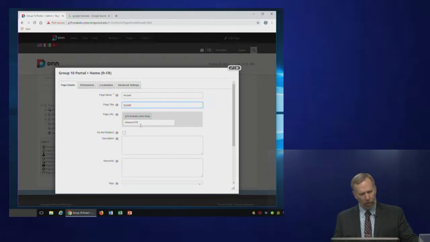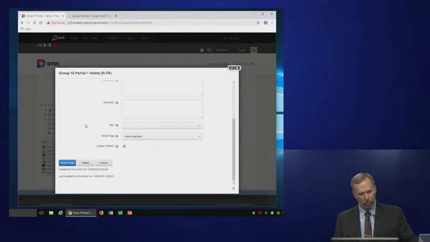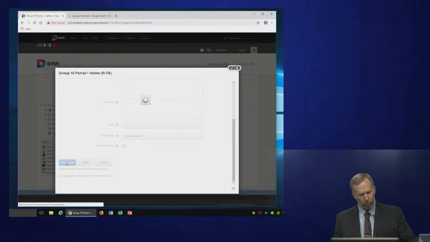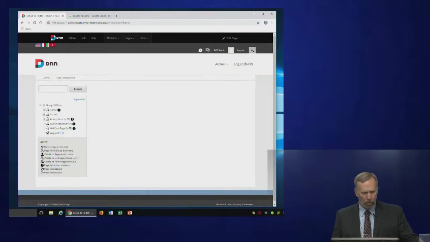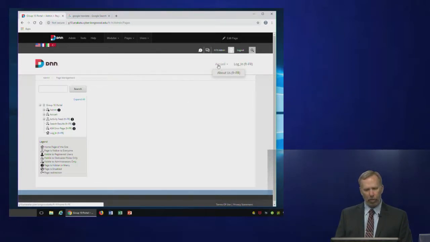And I'm not going to mess with this URL down here. I'm going to leave the URL alone. And so now you can see that I have the French language stuff up here,